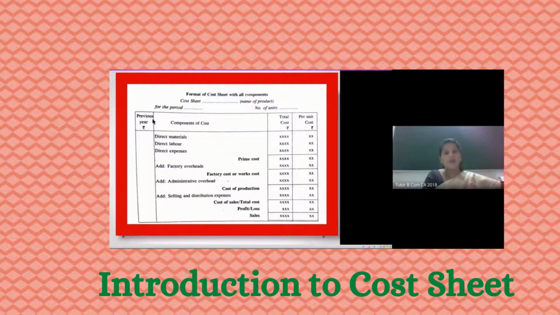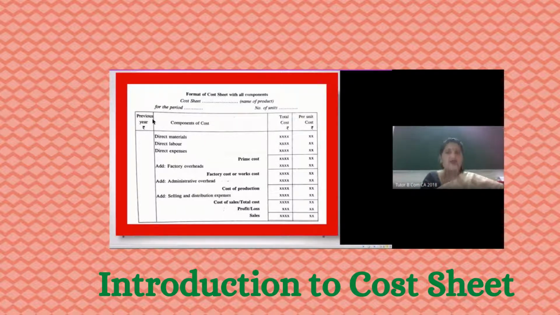The purpose behind all these learning points is to reach the stage of preparing a cost sheet. When you look at your cost sheet, you can find there are broadly three components, and the last component, of course, we added to arrive at the sales part. The first part, which we learned from the first class, is prime cost. Prime cost is a combination of direct material cost, direct labor cost, as well as direct expenses. When we total that up, we get the prime cost, and that is the first part of our cost sheet.